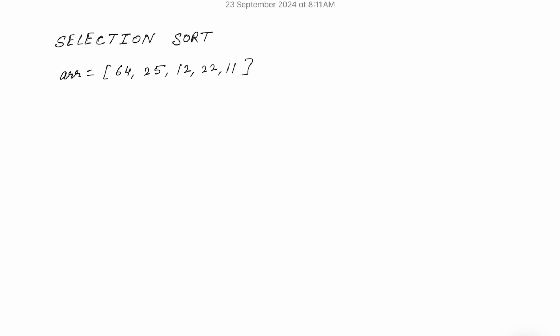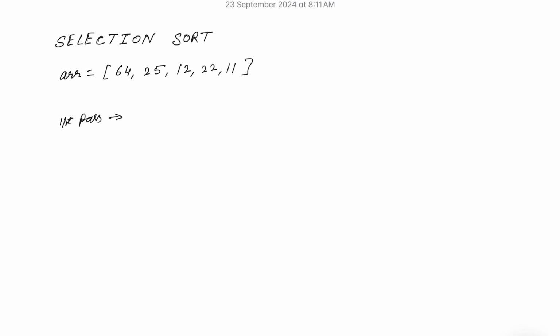Actually, it will find out the minimum element and it will position it on its exact position where it should be. So what is its process like that? Now it has to find out the minimum element in each pass. How will it work? Just see. If I consider the first pass,